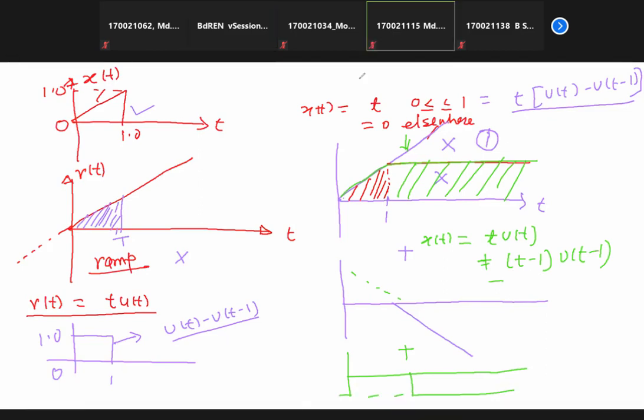Yes, it will be minus. Very good. So this is minus, then another minus will be there, u(t minus 1). Then you can easily show that this equation and this equation are exactly the same, because one term will be cancelled. So in this way, any signal can be generated with the help of this